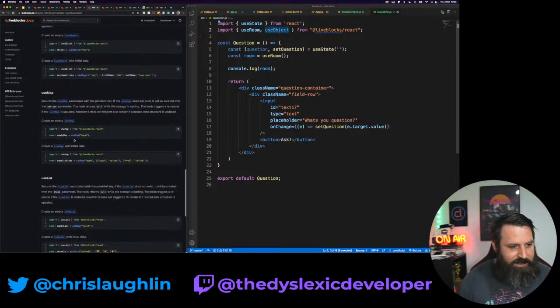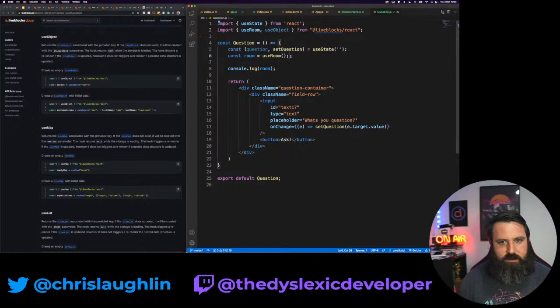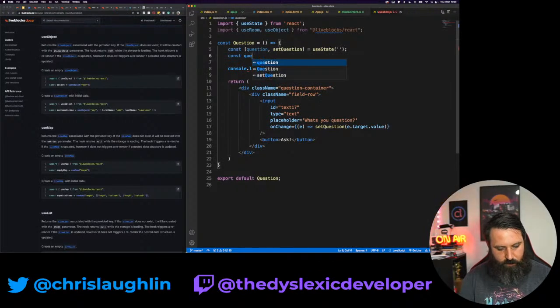Now that gives me the object which I can get and set on. Okay, so I don't think we need the room then. I think I can say const, call this questionData equals useObject question.